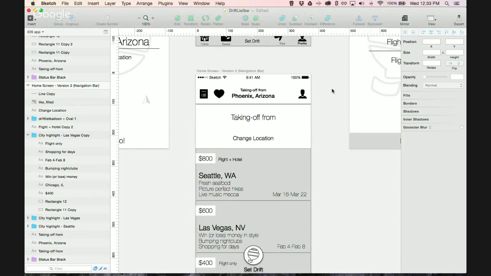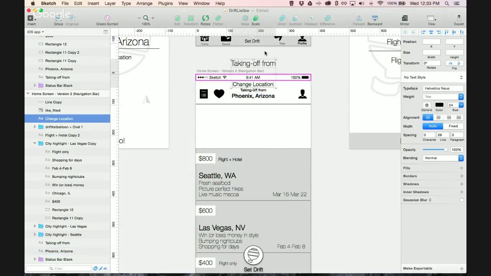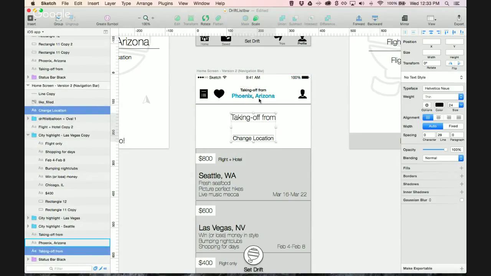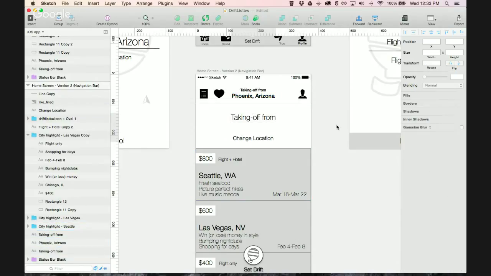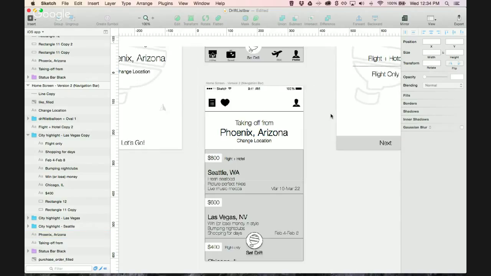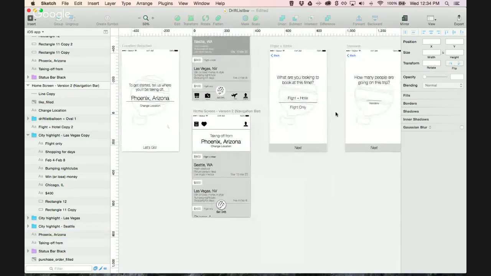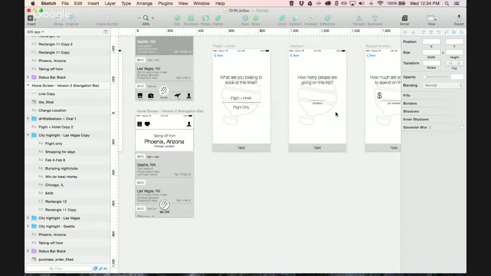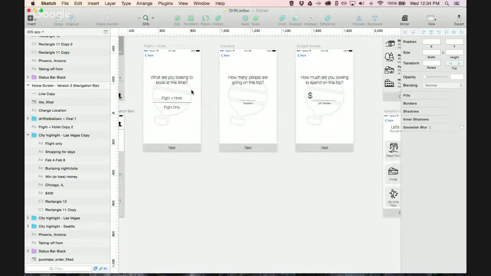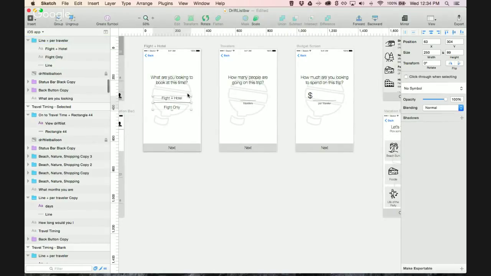So there's a couple of ways. Collapse there as it usually does: as this scrolls up, then this comes down. Okay. But it's all in there. Although I do like the way that you've done this organization. What are you looking to book at this time? How many people? These are all situations where that airship, if you will,